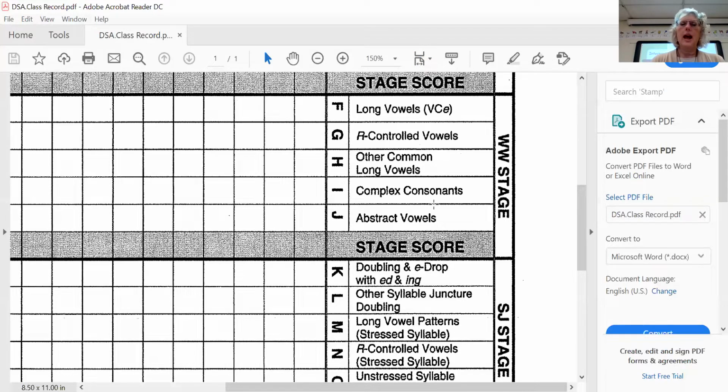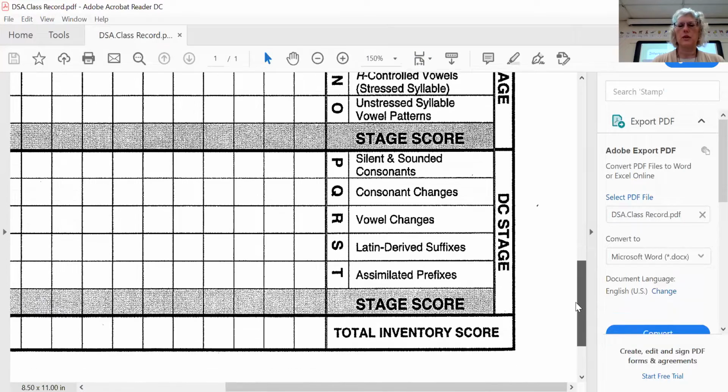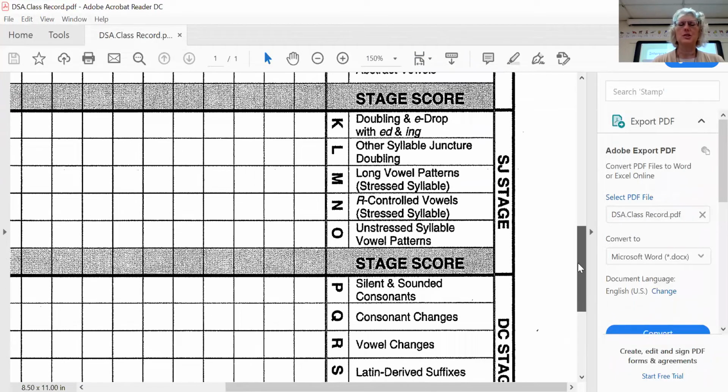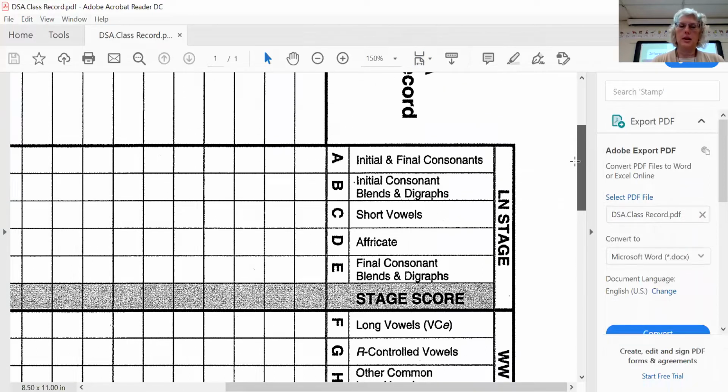And then abstract vowels are neither long nor short nor R-controlled, but they're like the OI and OW and AW, all those different kinds of vowel sounds that are neither long nor short. And for today, we're not going to focus on what the syllable juncture or derivational constancy stage would be. We're going to focus today on the letter name stage. So now I'm going to stop sharing my screen,